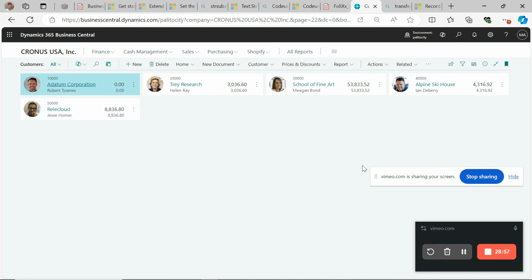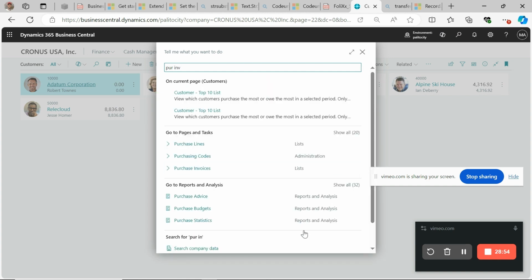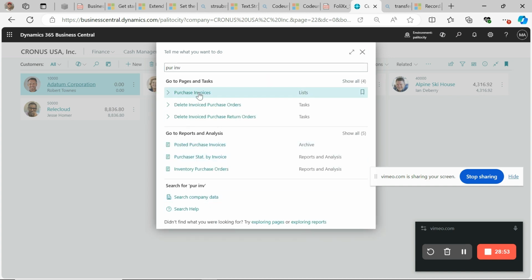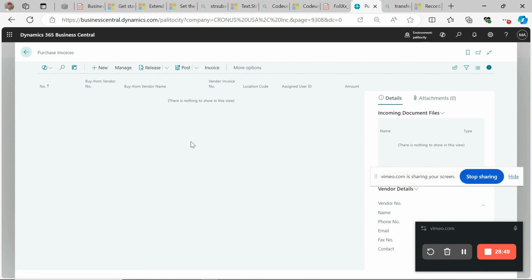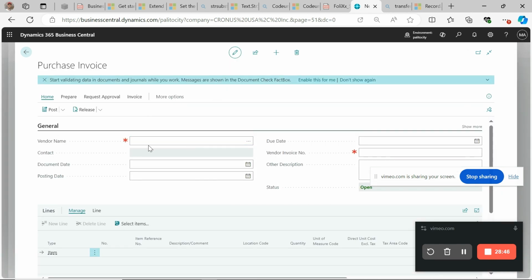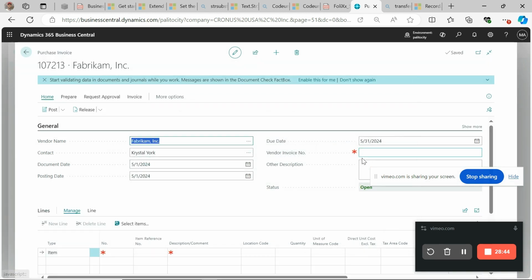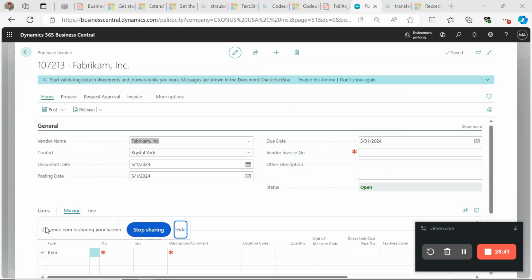So I'm going to use my purchase invoice document. I'm going to be creating a new document, as you can see, and I'm going to show you that I have created a custom field. So my custom field is called order description. So let me just give this a random invoice number. So between me and you, I want to give this a YouTube tag, right? So I have the same field on my posted invoice,